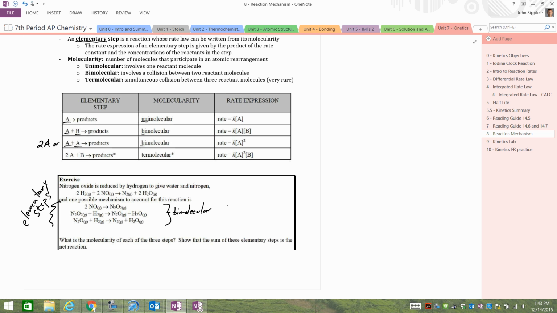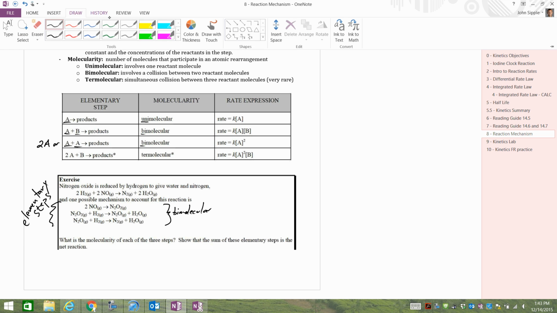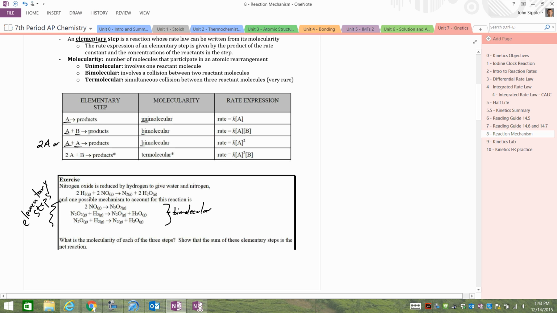All right, and the second part of this is they're asking us whether or not the sum of the elementary steps is the net reaction, which is this one up here above. This is the net reaction, right? That's the overall one, the end product of our Hess's law, right? We're adding these reactions together, and hopefully it gives us this. Well, if we go ahead and look at these,